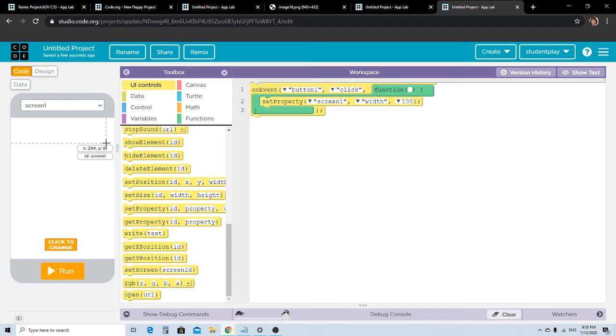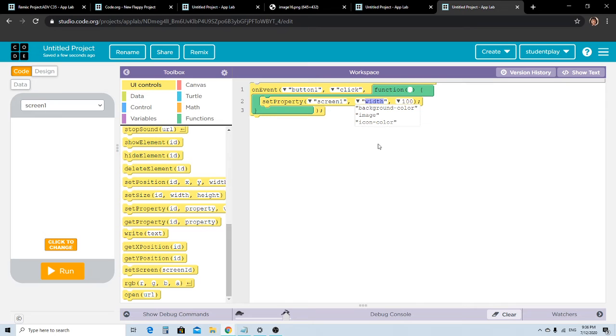Okay. So when button 1 is clicked, what should happen? Answer it in your mind. The screen color should change, isn't it? Now you can see width and height, but when you go here, you can see background color, image, and icon color. Why? Because you can't change the width and height of a screen.